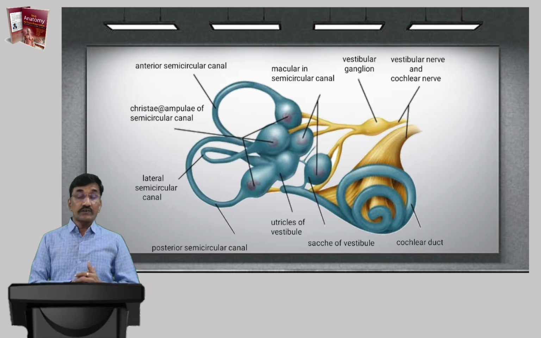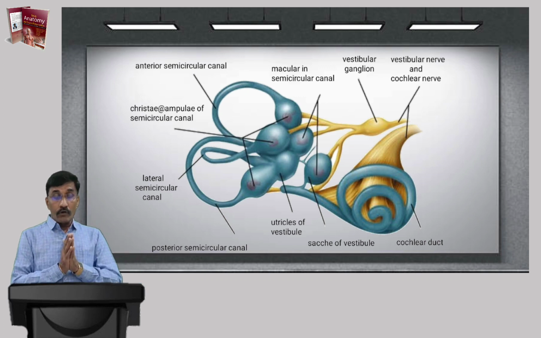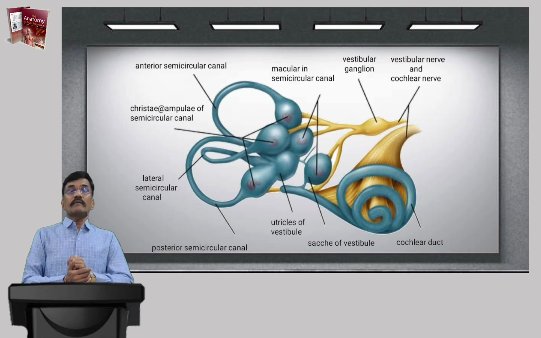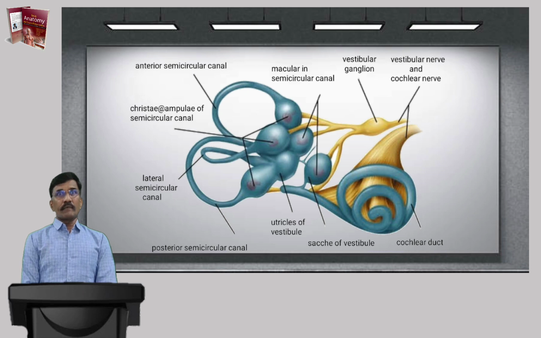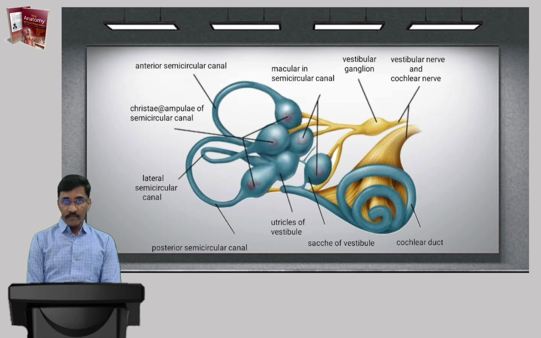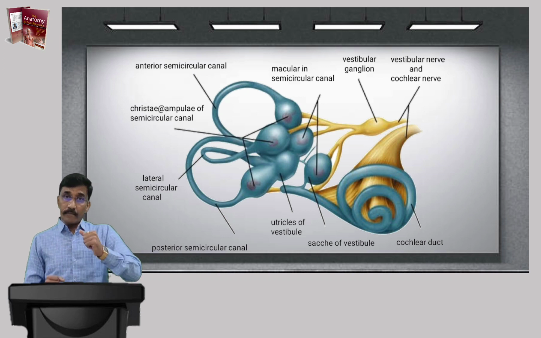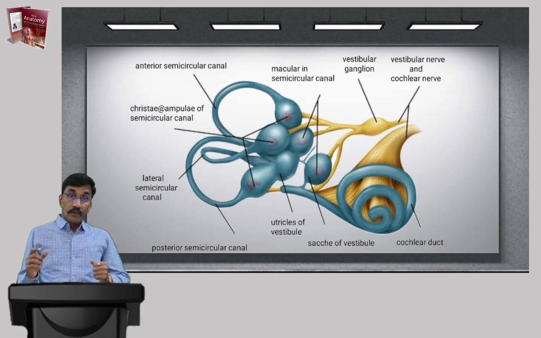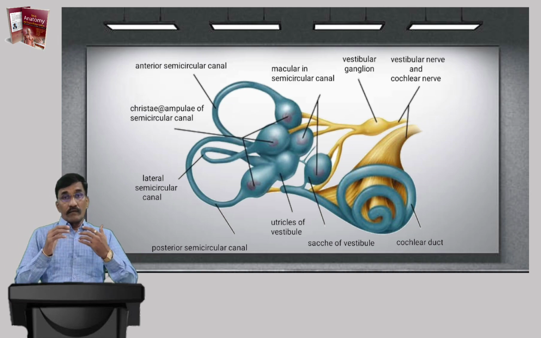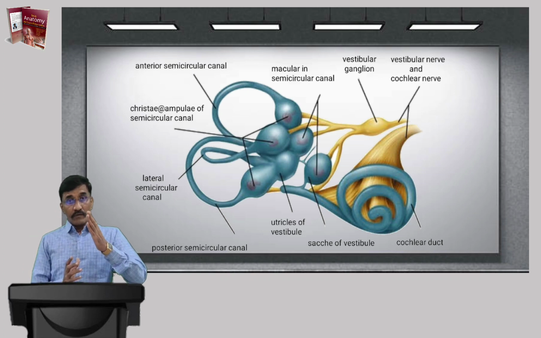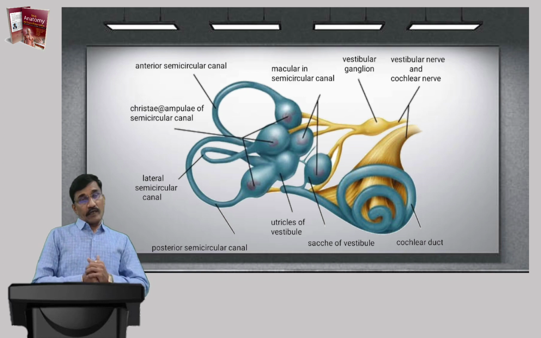Now these structures help with balance and equilibrium. There are two types of balance. If I am standing erect here, definitely my neck is at the erect position. It is not getting rocked like this and like this. This is the static balance. And the second balance is if I am running or walking, even though I am active, I am maintaining my balance, and this balance is again with the vestibular part of the nerve.